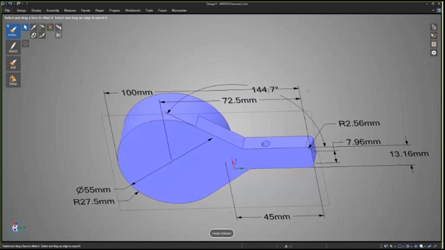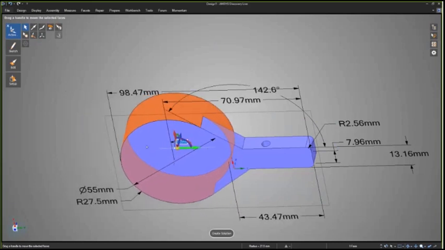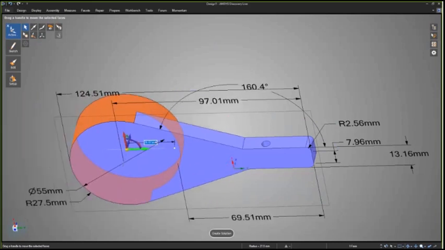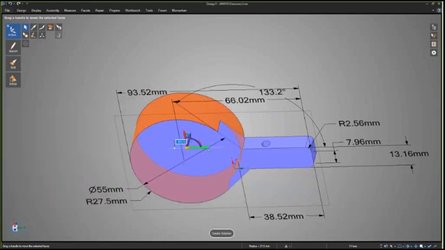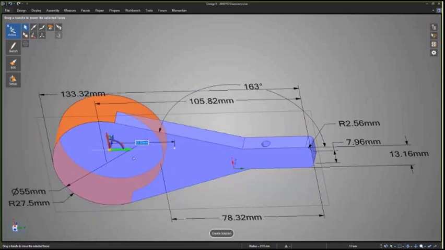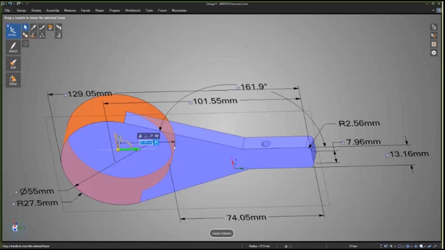It's introducing these parameters that you can use to drive the model, and that can be anything from a pull to a move. Notice that when I move this, it maintains tangency to those neighboring faces. Notice the angle of those two faces change, and that's great. We typically want something like that to happen. And so I could say move this cylinder in this direction till that center line comes back to 100